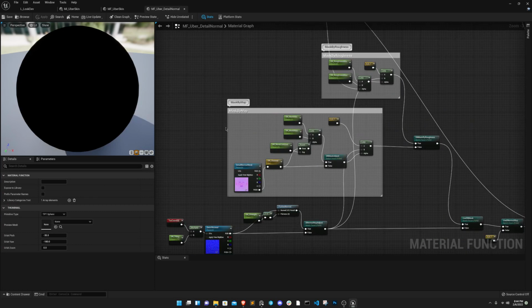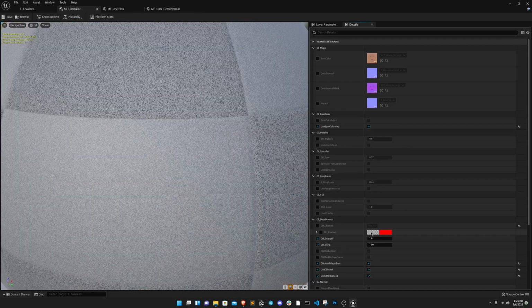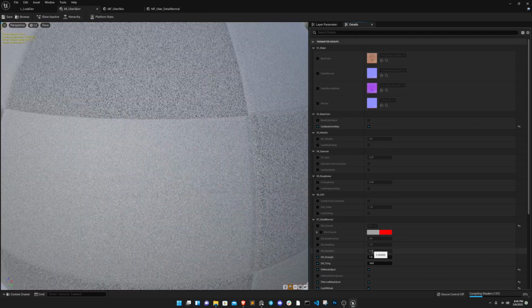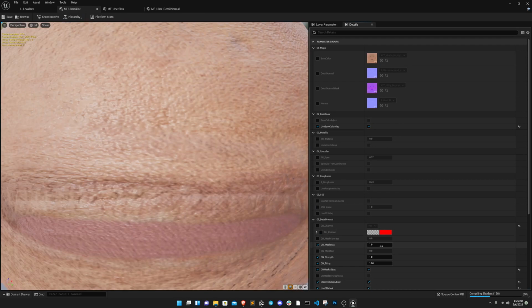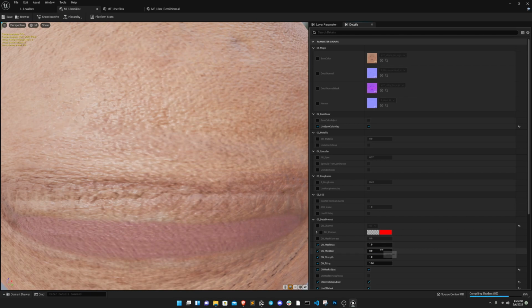We've got our mask working, so we should be able to go into here, put in a mask, and it should work fine. If we put the mask adjust here, if we put it to 0, it should take it all out, which it does, which is good. And if we put this to even lower,